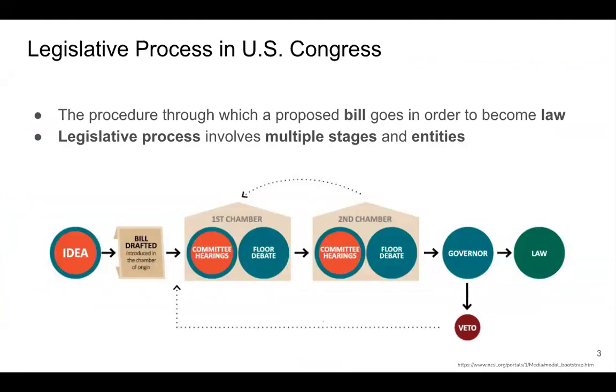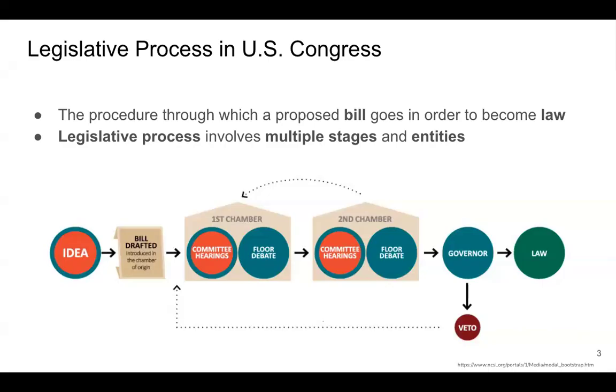So we're now talking about the legislative process in the US. I don't know how it is in Canada, but we're talking about the US Congress, where somebody first introduces a bill into Congress, either the House or the Senate, and then the Congress goes through certain processes, and then they vote on it, and then sometimes the president vetoes it, and then it does or does not become law.